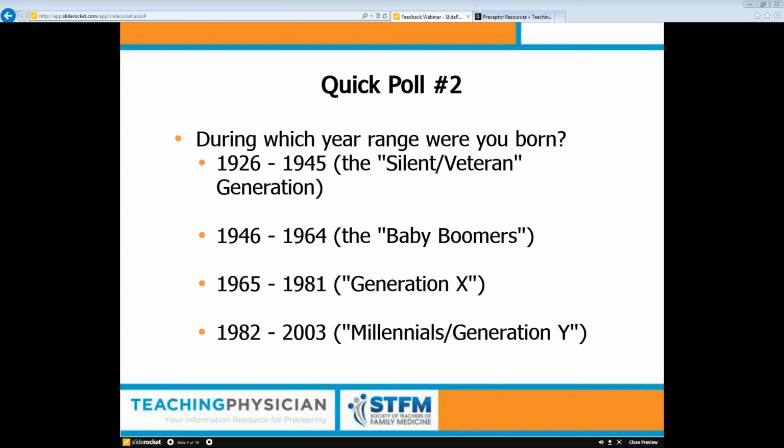So it appears that the largest percentage is the baby boomers. We've got 56%, and I'm in that category as well. We've got 41% of folks in Generation X, and we've got 4% of the millennials, so the Generation Y. And typically, if you have someone who's gone basically straight through college, straight through medical school, through residency, and is out now in a faculty position, that's why we're seeing maybe about 4% of our audience in the millennial generation. So, welcome. That helps me know a little bit about my audience and who's involved here.